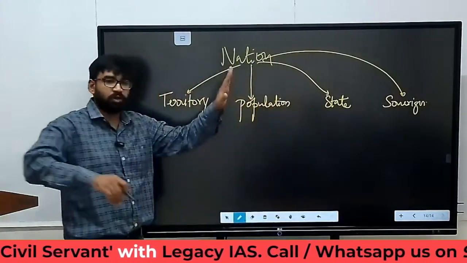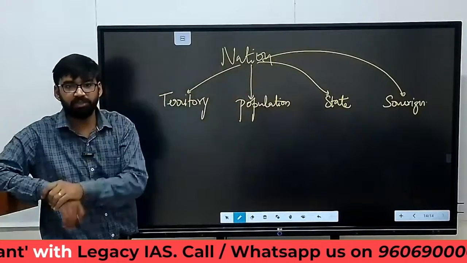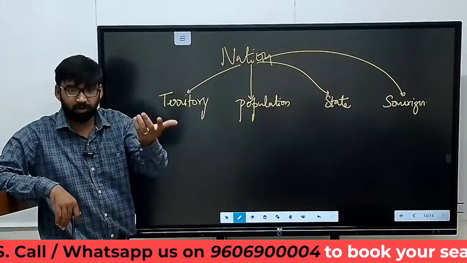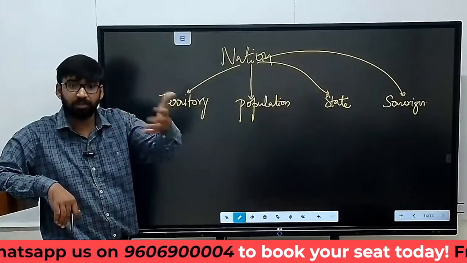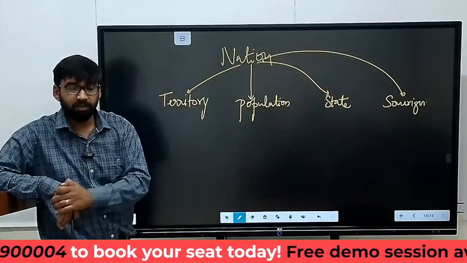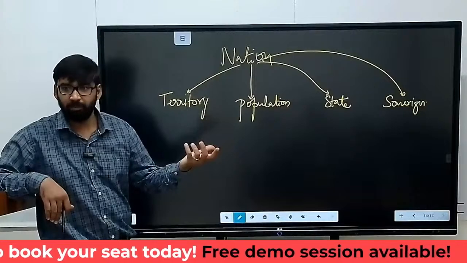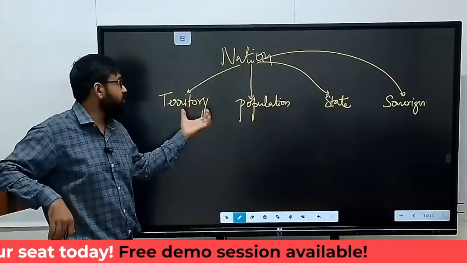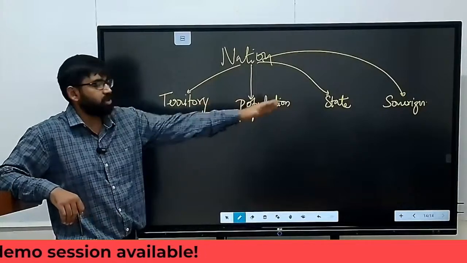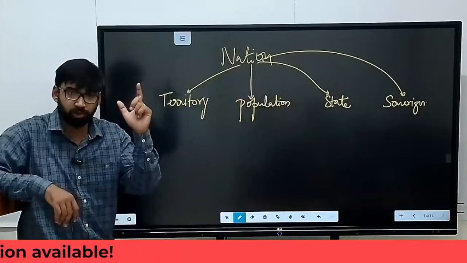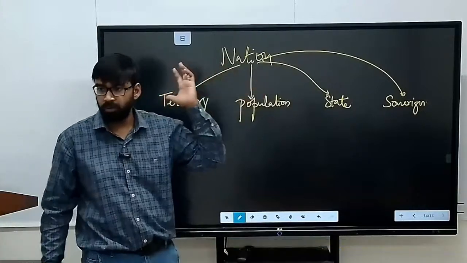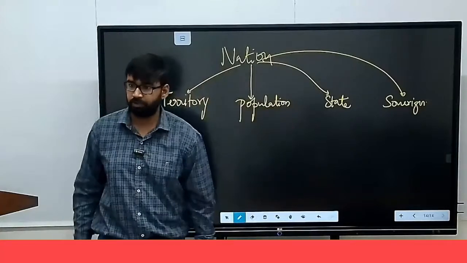These four features were not there before 1947. So before that, Afghanistan and Pakistan were not there. These were part of Bharat, Hindustan only. Bangladesh, part of Hindustan only. They became nations later. Getting my point? Clear? So this is the definition of a nation: territory, population, state and sovereign. Sovereign law is the constitution, the supreme law. Clear? A nation is governed by the supreme law. Draw these four elements of a nation.